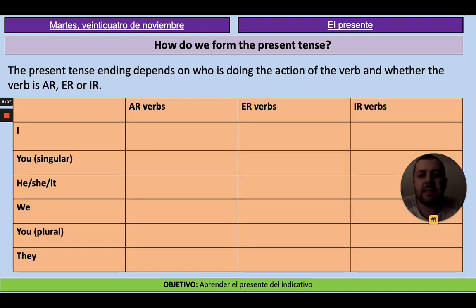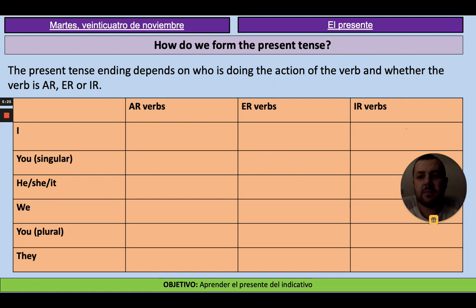Okay, the present tense ending depends on who is doing the action of the verb and whether the verb is AR, ER, or IR. Okay, and we have to learn these endings to be able to speak and write in the present tense. So AR verbs,